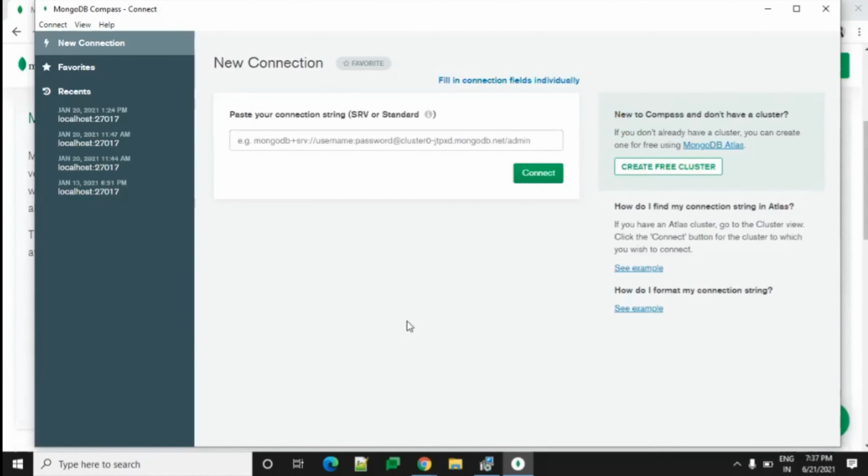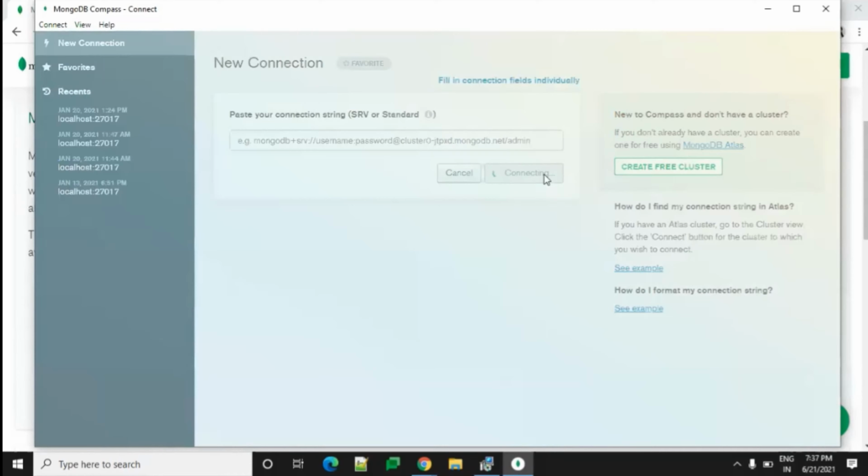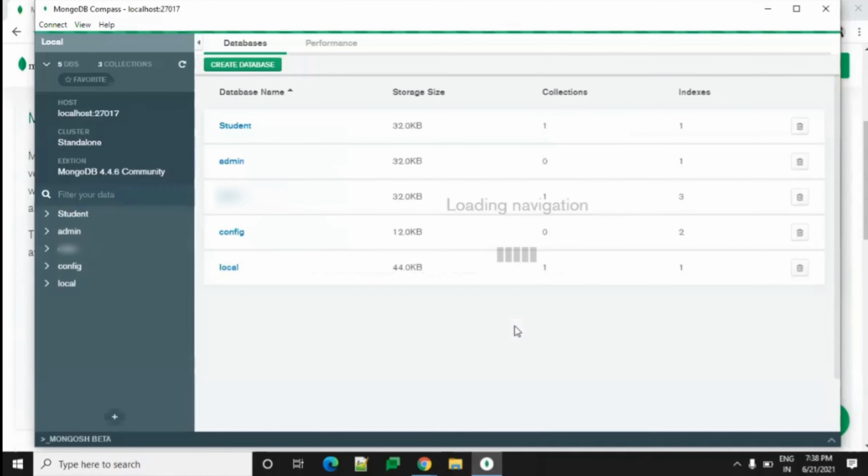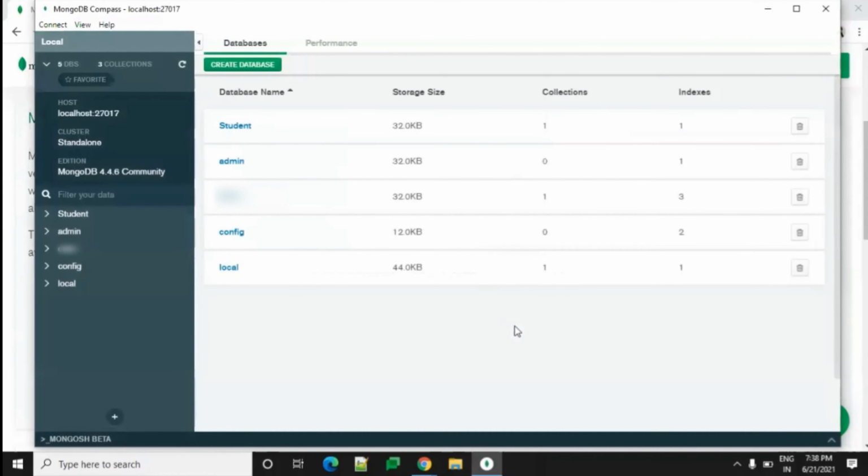Click on connect to connect to the server. Okay, it got connected successfully. By clicking connect, it will create a localhost server for us, which will be running on port 27017.